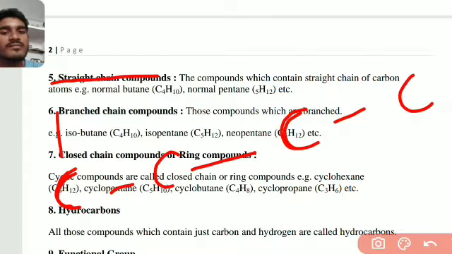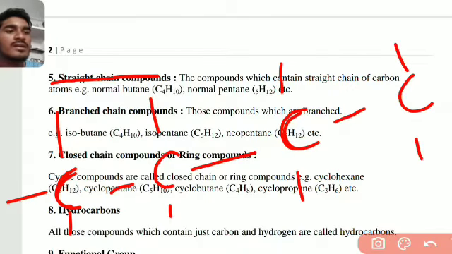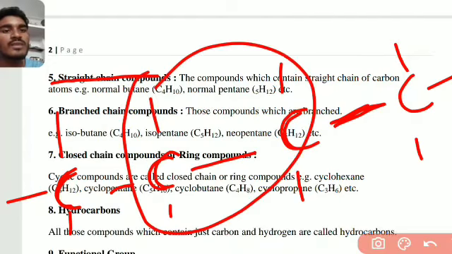Next, here triple bond and double bond. Here it is satisfied with the 4 valency electrons. Carbon increases their number. This is a long chain or straight chain of carbon atoms, meaning compounds. This is C4H10, right? Here 3 and here 3, 6, and here 4. Okay, C4H10 is butane, right? The compounds which contain straight chain carbon atoms are known as straight chain compounds. Normally butane is the best example for this.